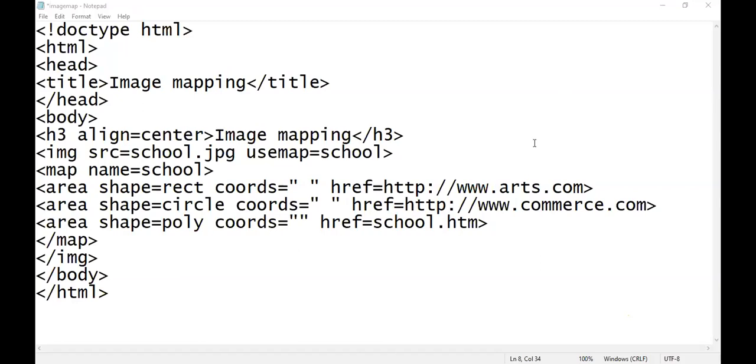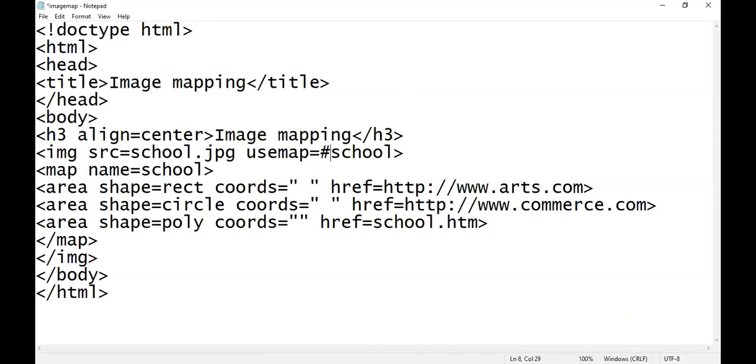Yes, exactly, Rohan, the hash symbol. Do you know why I'm telling you, or why I'm making this mistake? Because this mistake is always made by all students in a practical examination. They miss these things, and then they shout, "Sir, everything is okay, everything is right, but I'm not getting my desired output." Because of the small mistake these students make. So we have to mention the hash symbol over here.